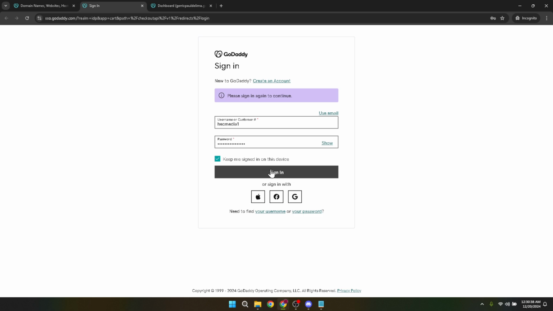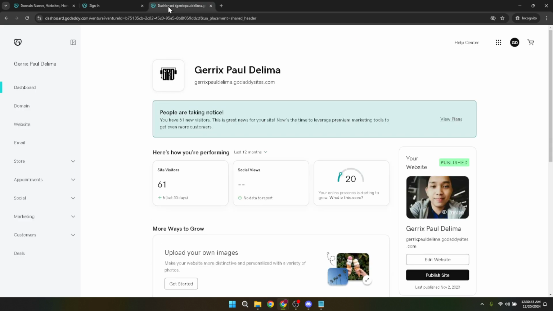If you've got multiple products or services with GoDaddy, you'll typically land on a dashboard that showcases everything under your account. Next, you'll need to navigate to your website's editor. To do this, look for a link or an option that says website or something similar. This link is your portal to managing your published site. GoDaddy's user-friendly interface is designed to make this step intuitive, guiding you directly to your website's management area.